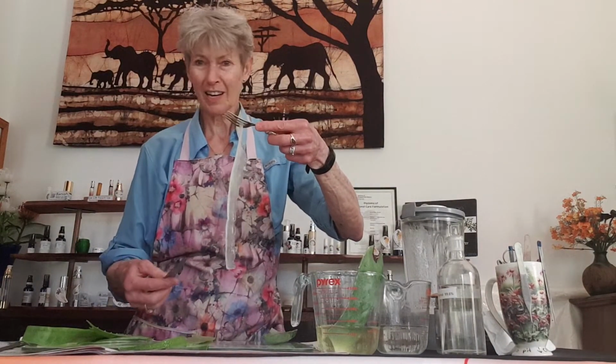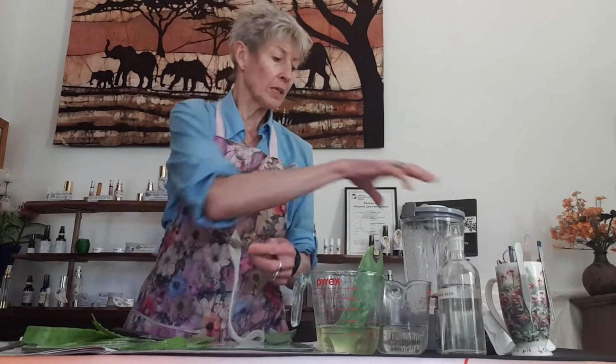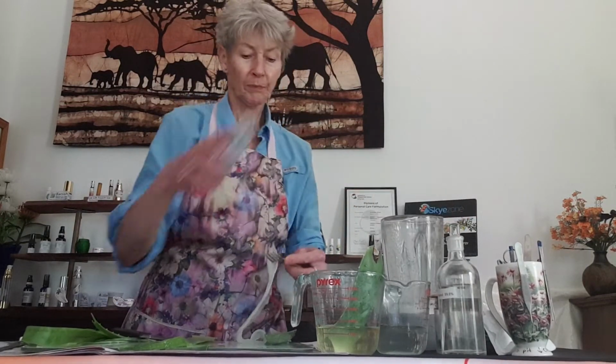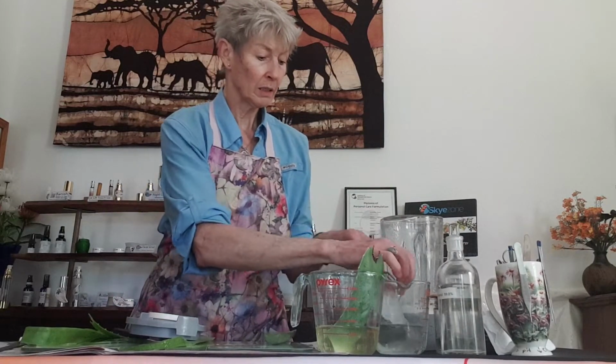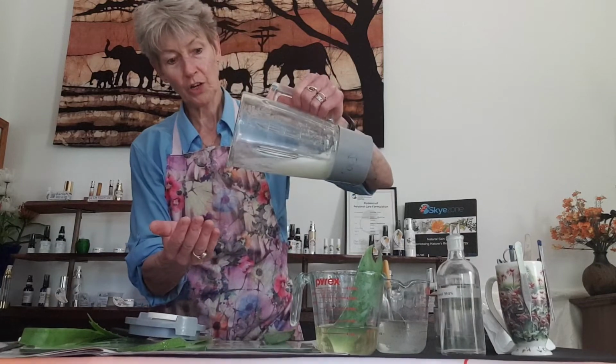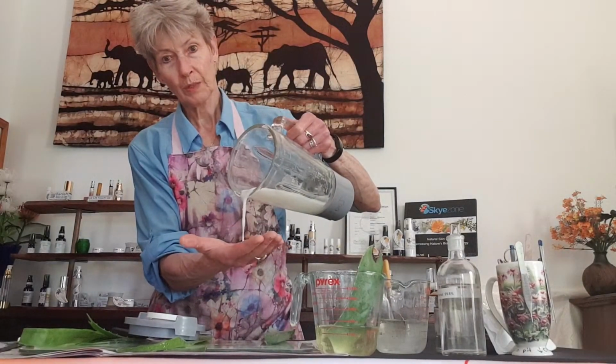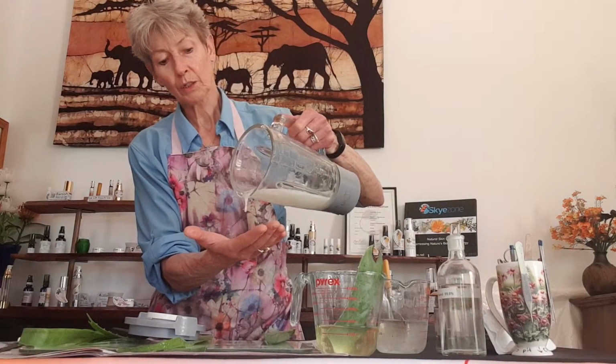So what do you do with that? You could apply that to the wound, but you'd lose a lot of it if it didn't have the backing on it. So what you do next is you add it to your vitamizer. Now I've already got a large piece here that I've whipped up just to show you. Now this gel, once you've whipped it up, it's going to look like a white foam, but now you've got a nice usable